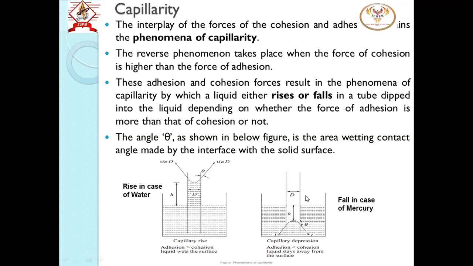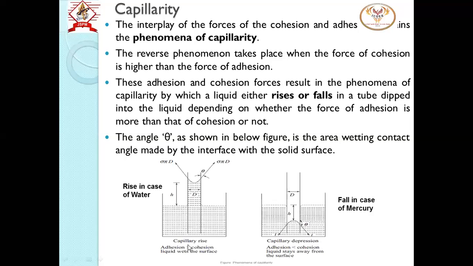A thermometer is made of glass. The cohesion of mercury is more, therefore mercury will not stick to the glass surface. And therefore mercury is used in the thermometer to measure the temperature, as it has more cohesion. If it were water, it would stick and would not give the correct temperature. So we use mercury to find the temperature or pressure. We have to note down the pressure. In the next unit we will see pressures and their measurement.